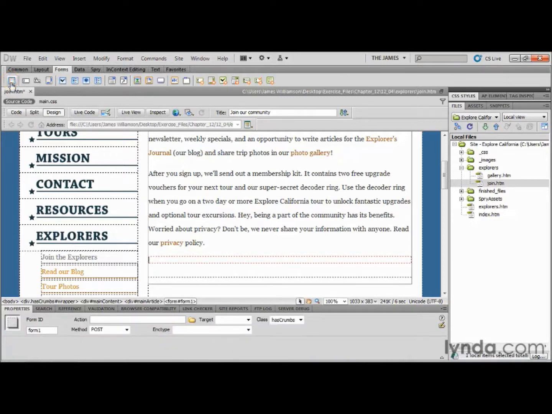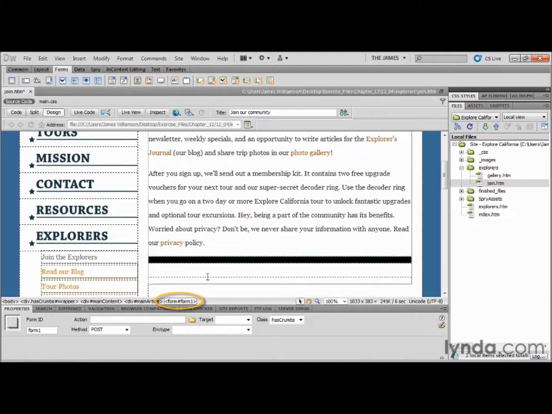So our paragraph gets replaced with our form element, which is fine. And as long as you're focused on the form, your properties inspector is going to display those form properties. It's not uncommon to click around or not mean to do something and then you lose them, like this, for example. Let's say I click into this paragraph and you're like, oh no, how do I get my form properties back? Well, very simple. Just click inside your form, and using your tag selector, you can select the form tag